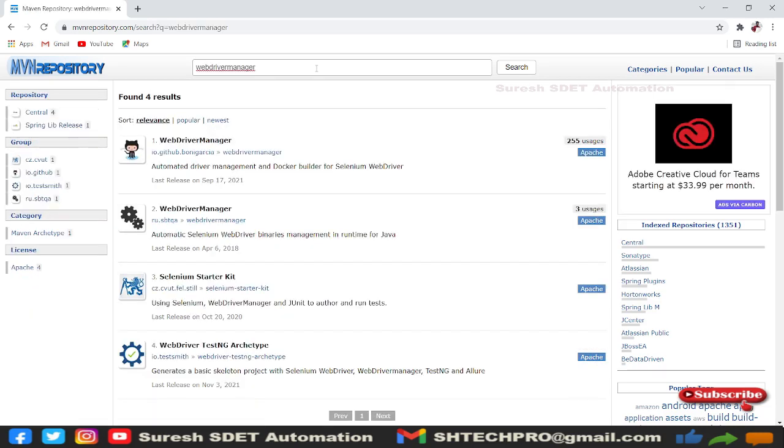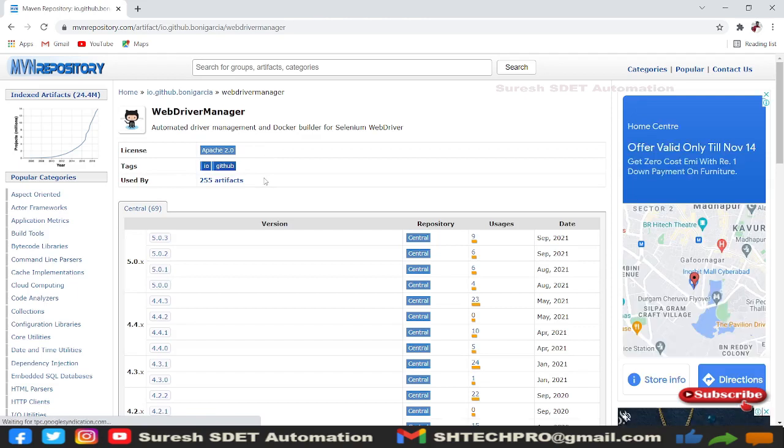Whenever you are working with different browsers, you need to download those exe files and store them somewhere in your project location or some local storage. And every time you need to download the latest version, and the older version has to be replaced. To get rid of these kinds of situations, we have the WebDriverManager API, which helps you call any browser easily without any conflicts.